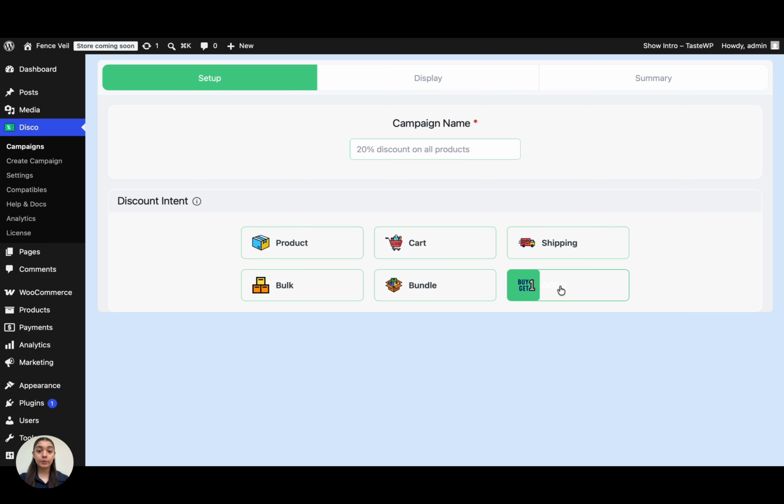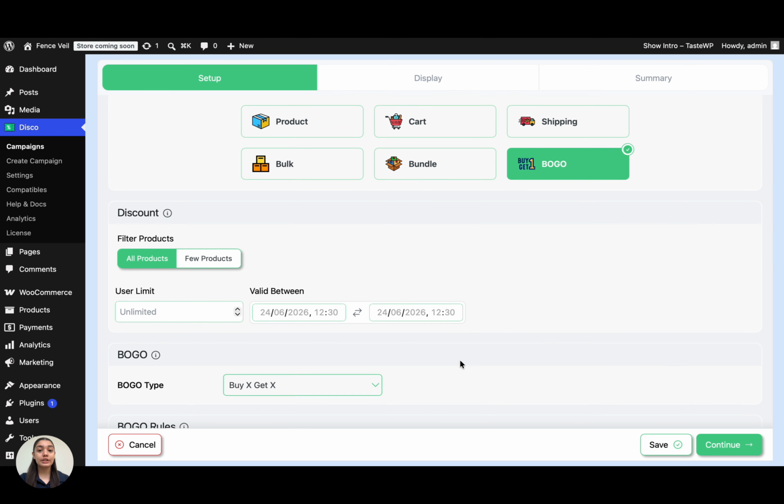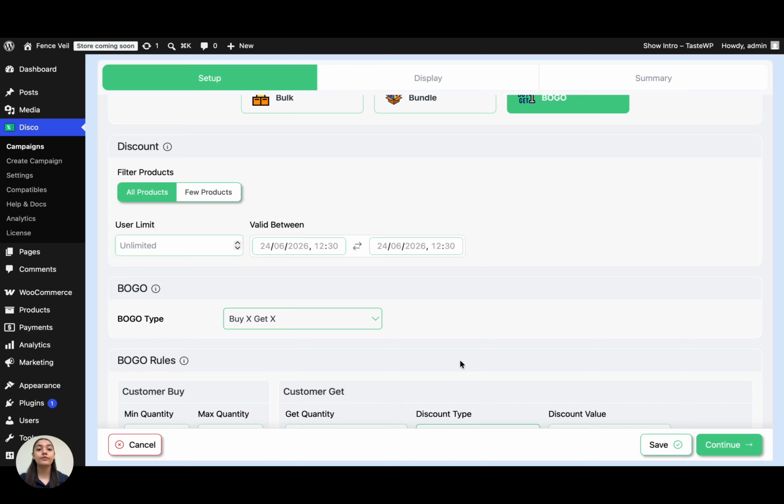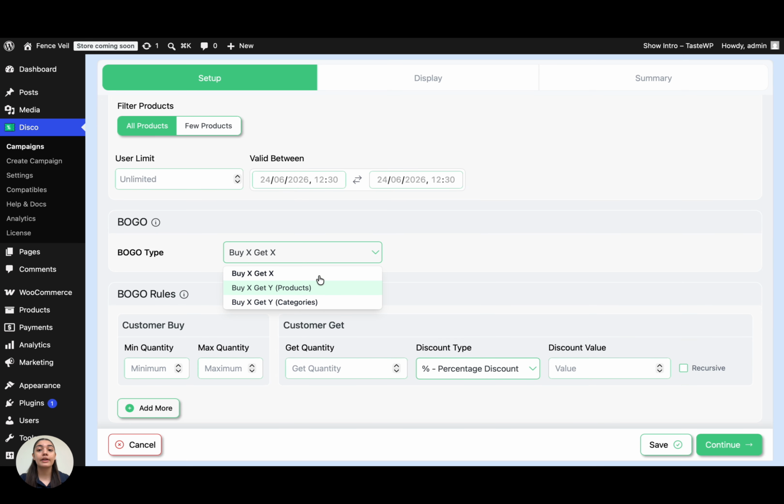BOGO stands for buy one get one. It is a promotional strategy where customers receive an additional product when they purchase a qualifying item. For example, a store can create an offer where customers buy one t-shirt and get another t-shirt for free. Another example could be buying one product and receiving a different product as a reward, such as buying shoes and